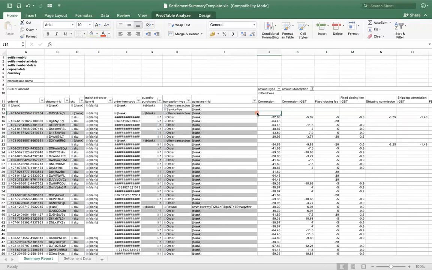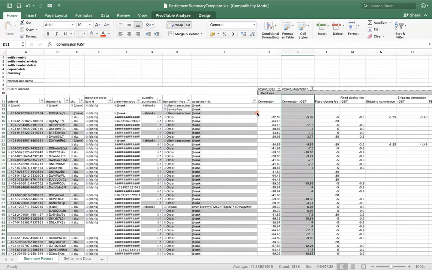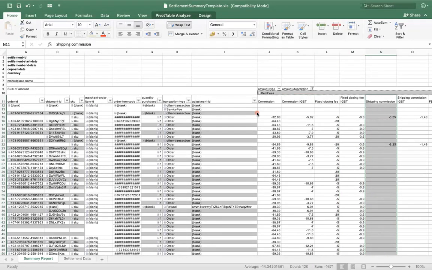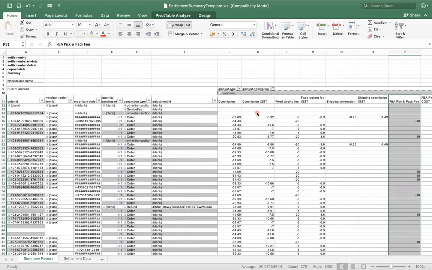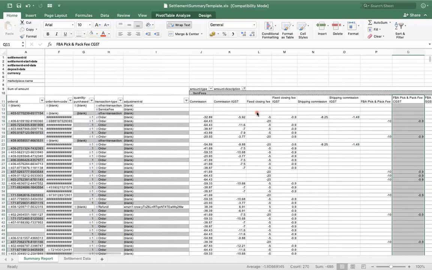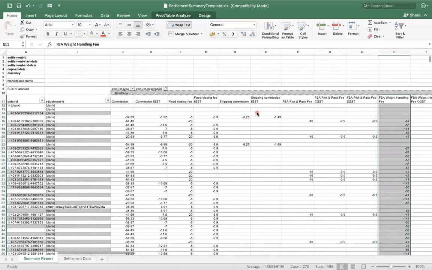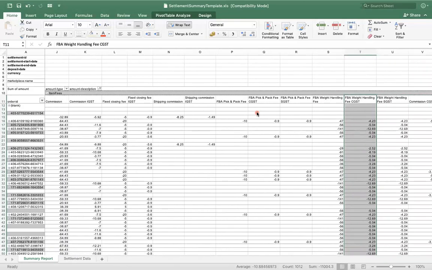Here are the various types of fees. If you see on the above, commission is there, which shows you the commission on each of the order IDs, the GST on the commission, the closing fee that we spoke about a little while ago, the GST on the closing fees, the commission on the shipping, the GST on the shipping commission, the pick and pack fees, if applied, if you have done the business through FBA, again the GST components of the FBA pick and pack fees, the weight handling fees, which is essentially nothing but the shipping charges and the logistic costs,